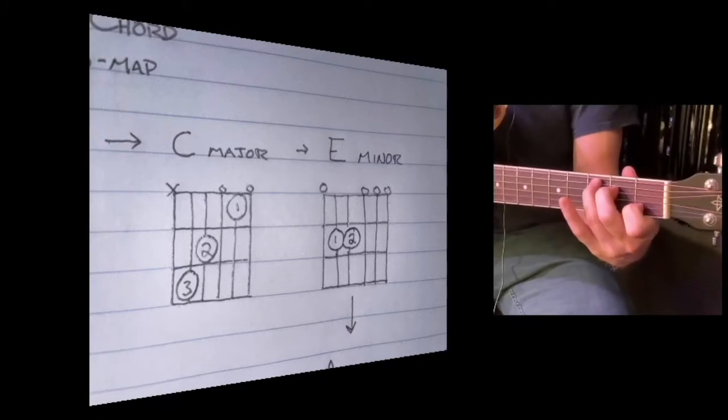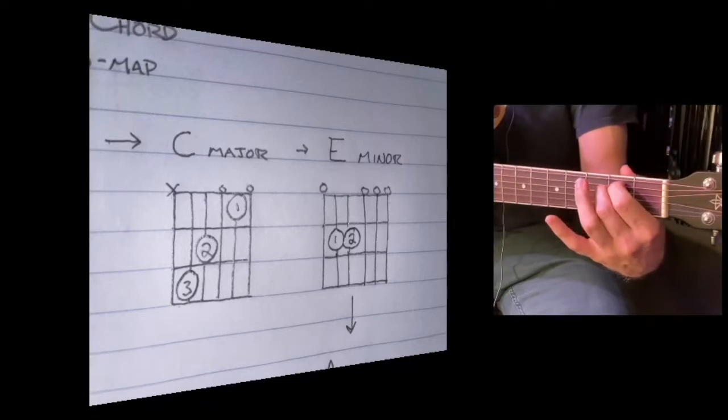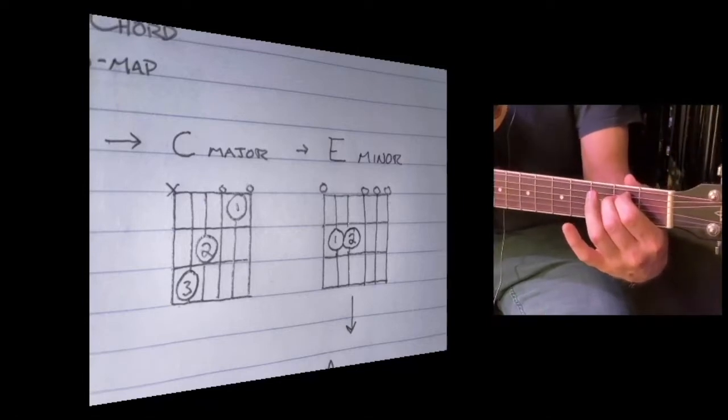So there's the motion again from C major, keeping my middle finger down. That's going to guide me to E minor. Now,